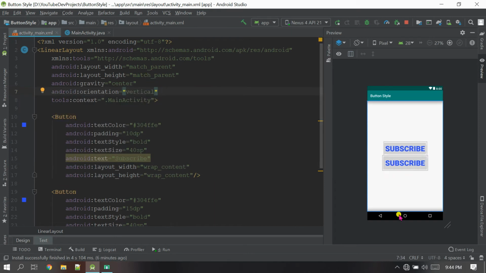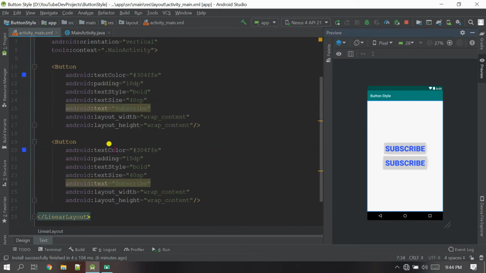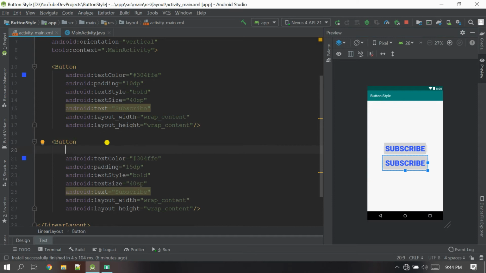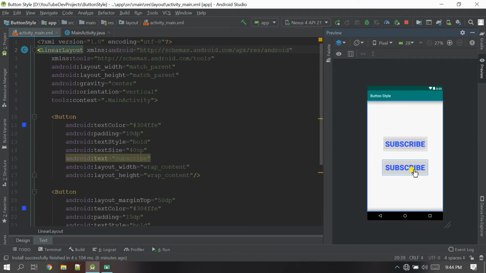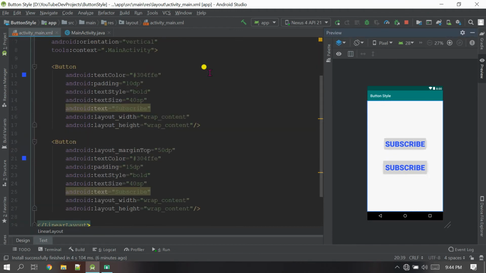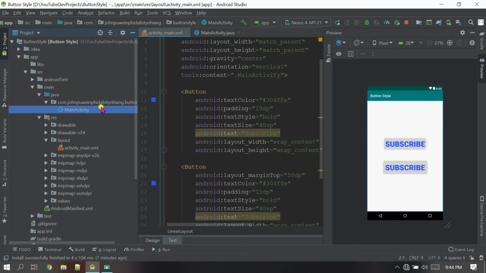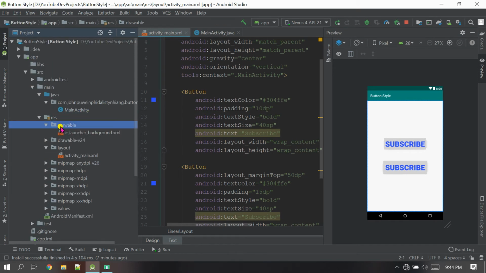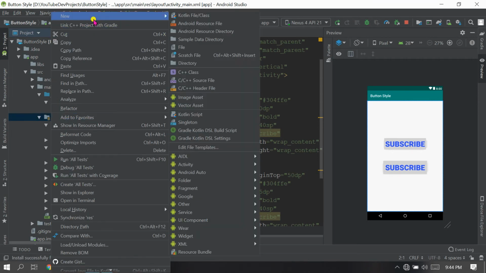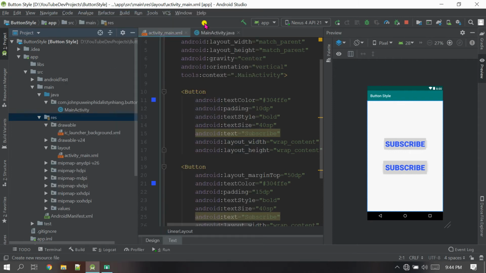Okay, now it's look good, but it is too close, so let me bring that object little far from each other. So I'm gonna say margin top and I'm gonna use 50 dp. Okay, now it's look very good. Now the XML part has been finished. Now let's go to the drawable folder and create two files. Here we need two files, so just right click on a rest folder, go to new and then select Android resources file,